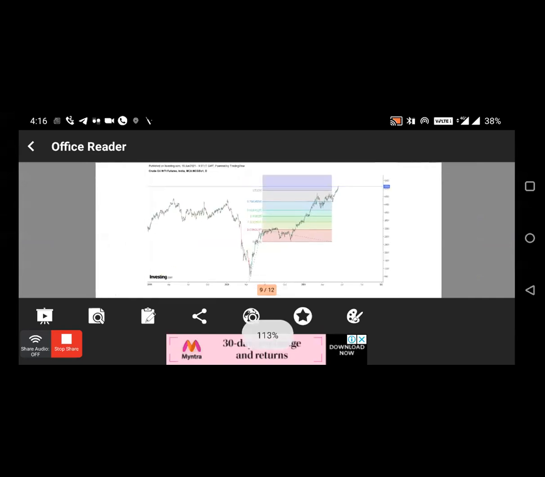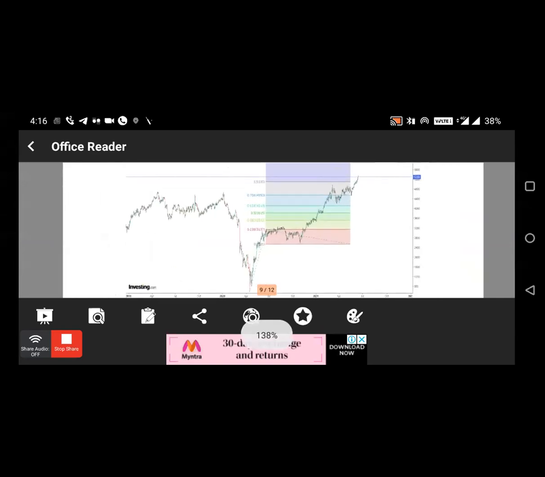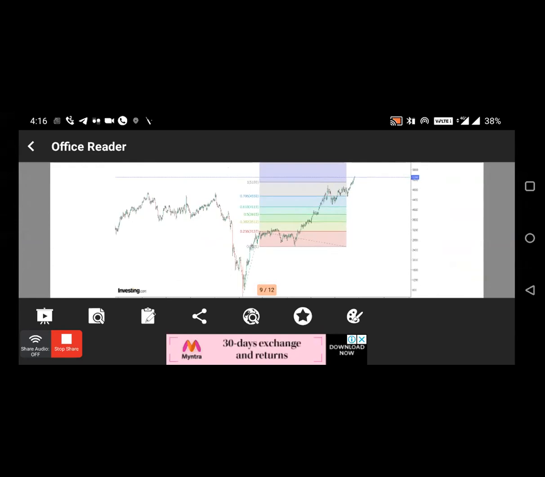After that, like I said, I have used projection, understand तक price जा सकता है. This particular first leg of the market, and then on the second leg, that is the downtrend, I have used that particular projection level, and उसके बाद, if you see, it has already surpassed 100% of the rise from the bottom. Okay, and it is even going above it. So the next target is 161.8%, which comes to around 6300. So even the projection and even the retracement is showing the same result, that prices are supposedly to go to 6300 in near future. Now, what is the fundamental reason and why this is going to happen?